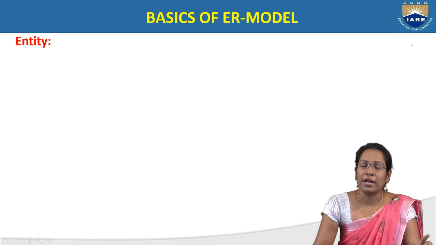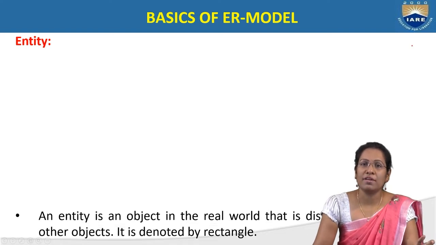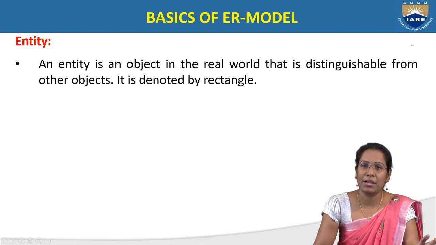So already we know entity is nothing but an object in the real world that should be distinct from the other objects. Everything whatever we have in the real world, it may be an object, a place, a thing or an event. Here an entity is represented by the rectangle, because in the ER model we need to represent things pictorially. ER model is a high level pictorial notation to represent real world problems. So basically we represent entities by using the rectangle symbol.